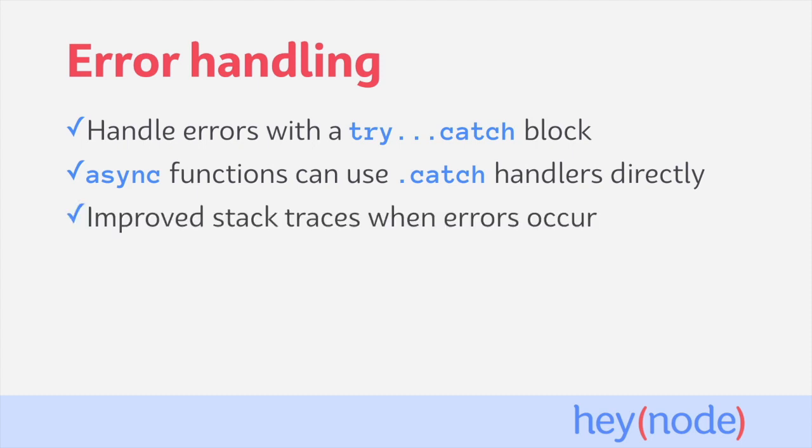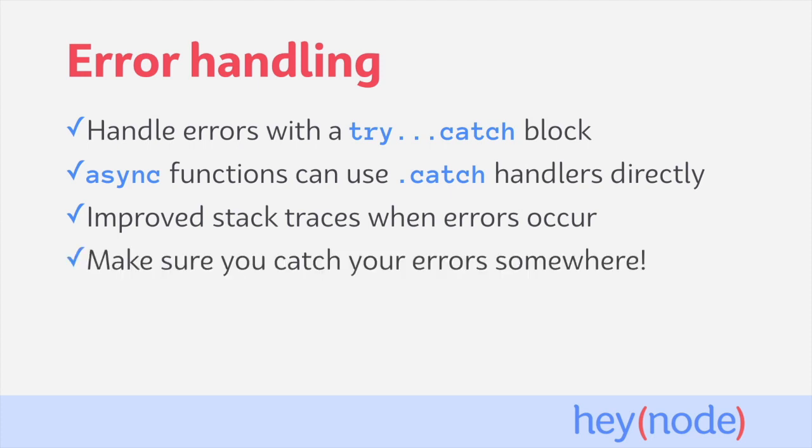Error handling with async await can feel a little bit awkward because you're usually wrapping things in try-catch blocks. But in Node.js version 12 and higher, async await has better stack traces for errors than just using promises. So there are actually some benefits from the standpoint of error handling when using async and await. Unhandled promise rejections and thrown errors can crash your application. So when you're using async and await, make sure that you're using one of these methods to catch your errors.